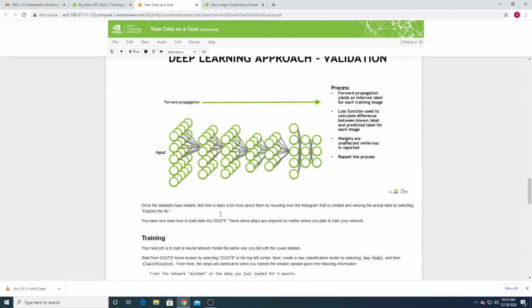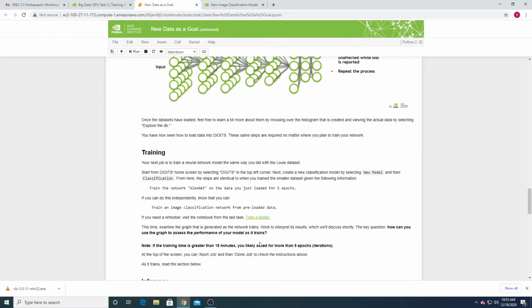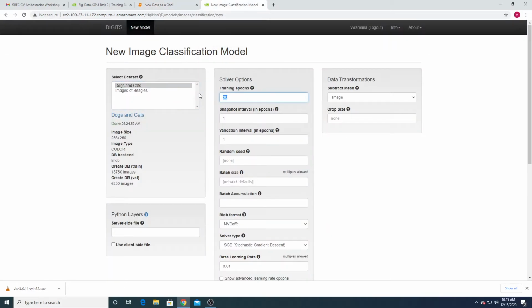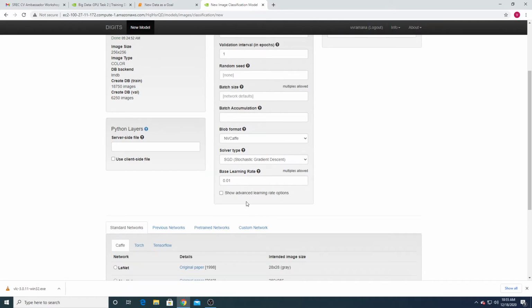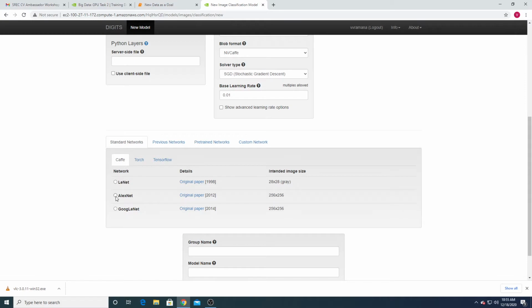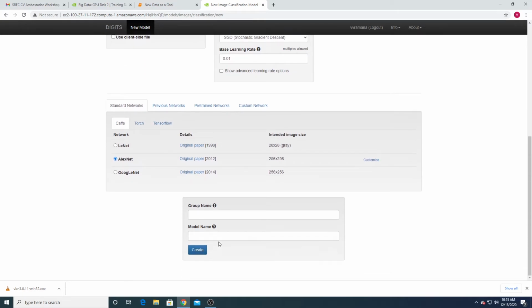Fine, it's okay. They said to use 5 epochs. Maybe it will take more time, so just use 5 epochs here. And again, the learning rate starts at 0.01 with stochastic gradient descent, select the AlexNet model, and give your model name as dogs versus cats.